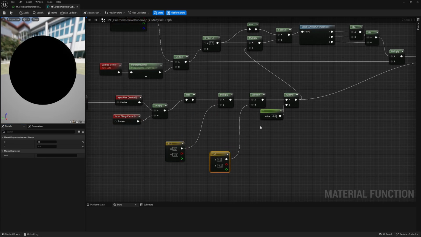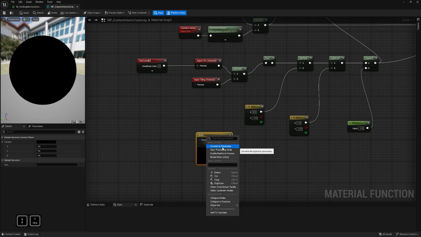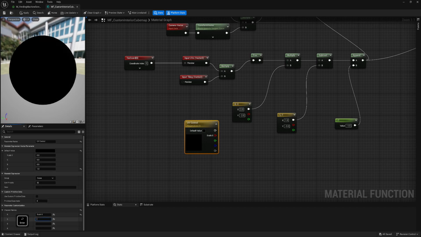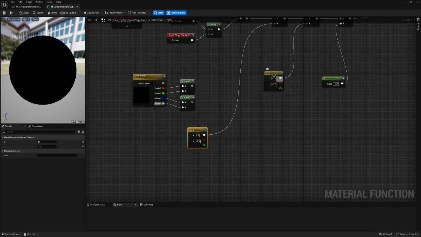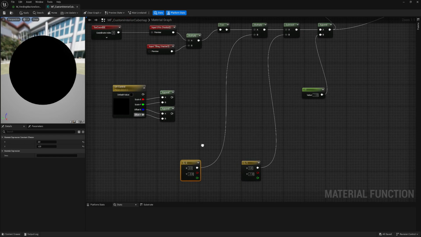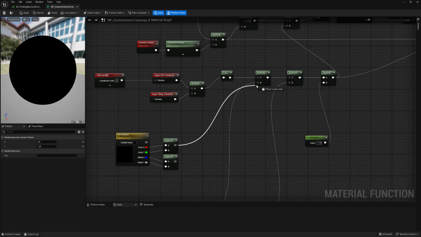Then we will need this parameter, and this. Because we have so many parameters, I will use the color node and convert to parameter. So then we have 4 inputs. I will keep the original ones just in case I need them in the future, just to remember what the default was so I don't need to go to Unreal again. Okay, so scale, it will be this one.